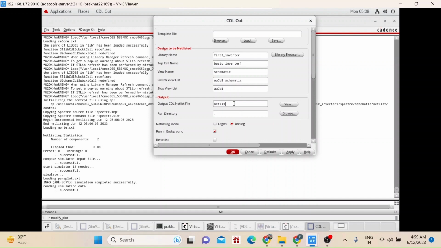So here in the netlist side, you just write, so it is basically a netlist which I have named .src.net, meaning I am sourcing the netlist. Okay, and then just apply.